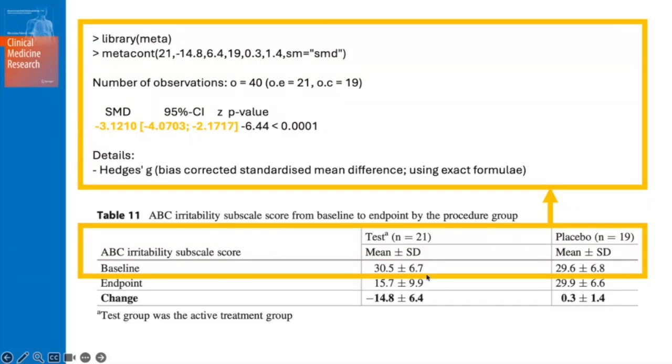If you compare the change here and the change here, and I put it in R to combine it in an effect size, a standard mean deviation, actually, I find a standard mean deviation of -3, which is very, very huge for a randomized controlled trial against